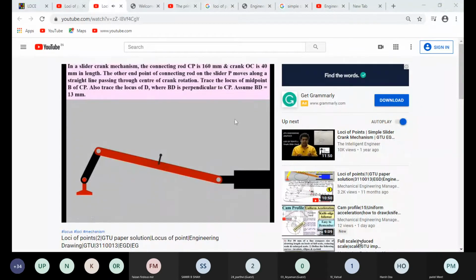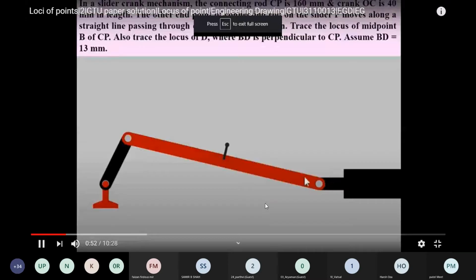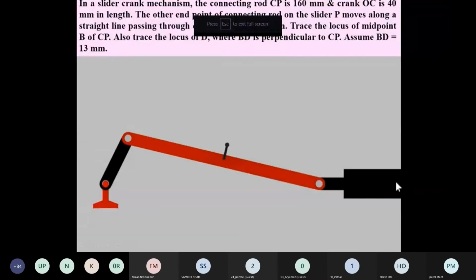Right now I just showed you what is the crank, what is the connecting rod, how to divide into 12 equal parts, and how to take the dimensions. Okay. Now we have another data. Based on the data, we have to create this single slider mechanism. This is just the explanation given to you with the red and black points. In this way, you have to draw with the help of only a pencil. Okay, so at that time, don't be confused. Okay, let's read the data, so it is very clear in our mind.